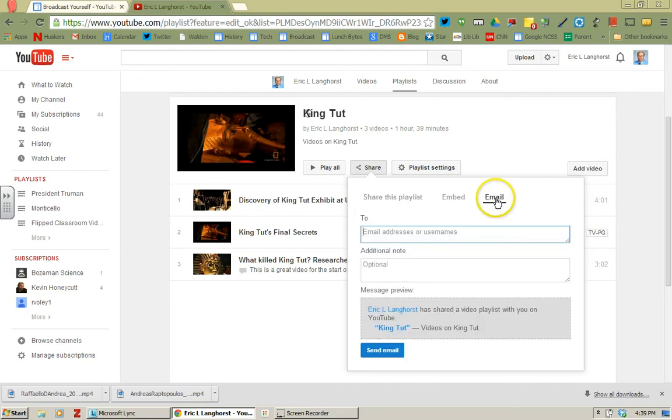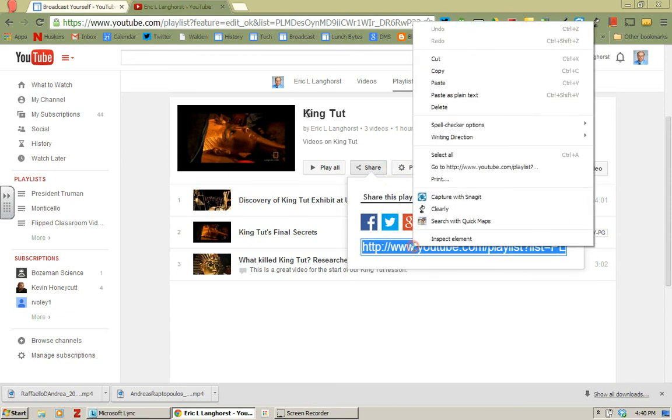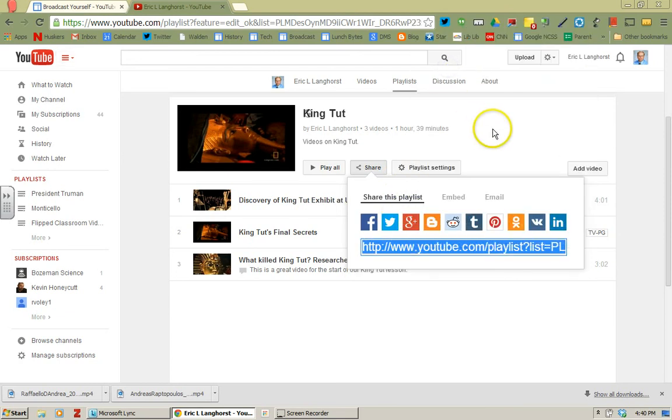If I click on email right here, it'll give me the option of adding an email contact list. I could add individuals. I could add a little message, and then it's going to say, hey, we're going to share this with you. If I wanted to put it on my website, I would just go ahead and select this, copy it. I now have it copied, so I could add that to an email I could send out